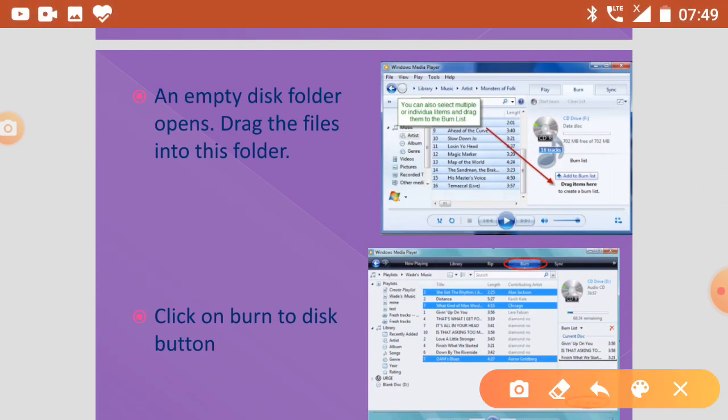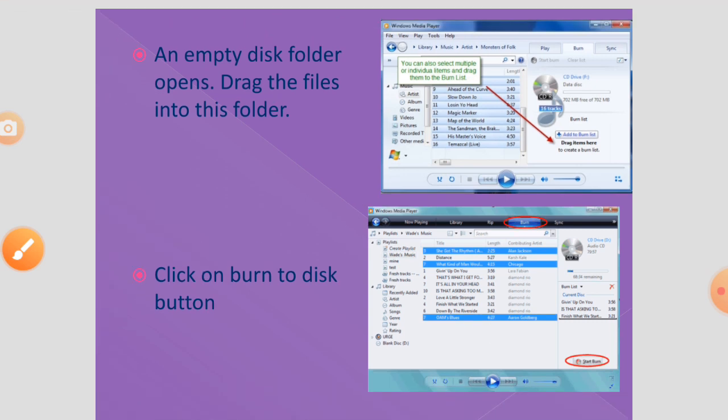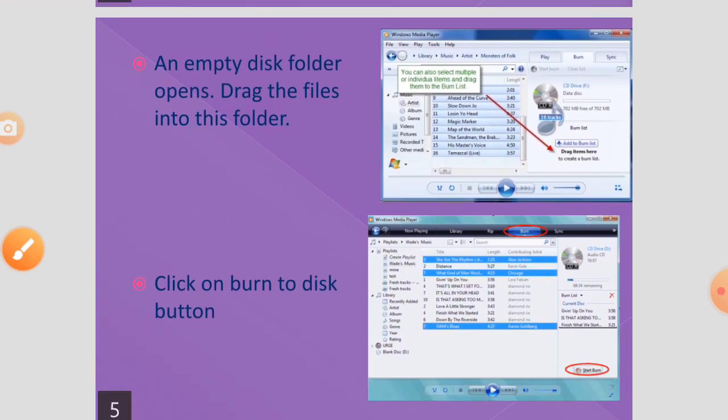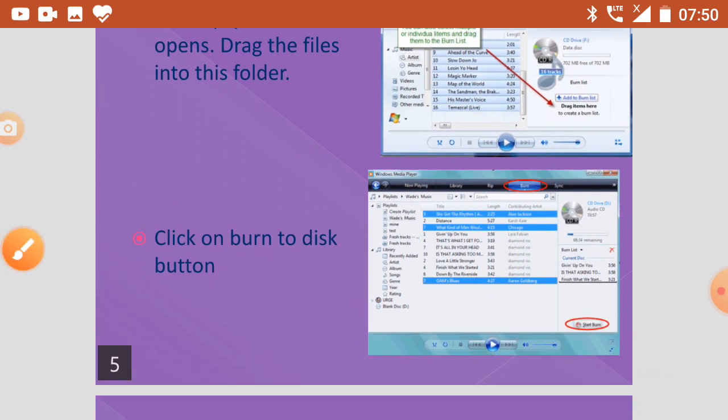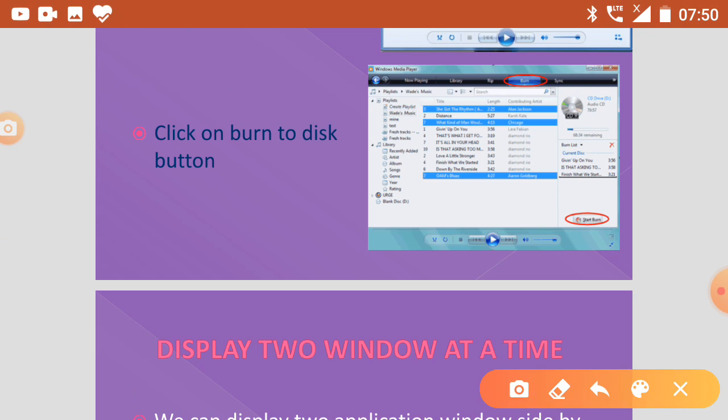In this dialog box you have to select the songs, which type of songs you want to copy. You drag all the songs here. Now if you have completed your task and selected your songs, then you will click on burn.